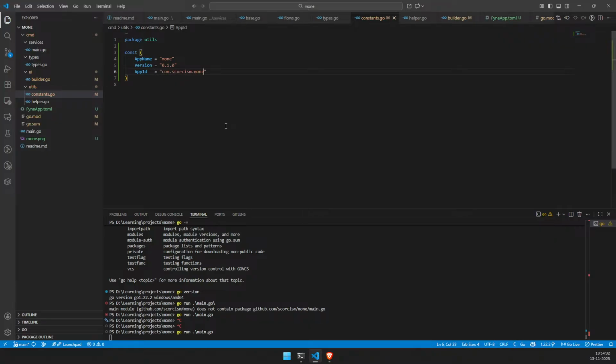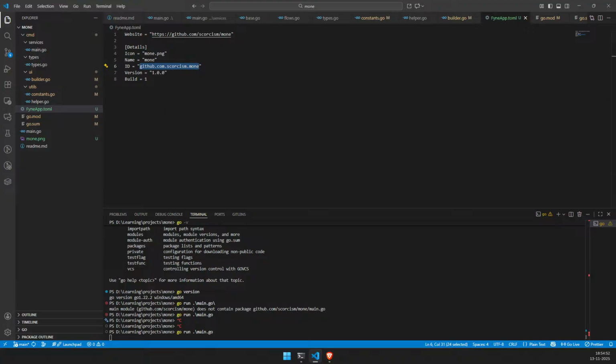Let's have an app ID also. This is for the mobile version of it. Let's see how long this